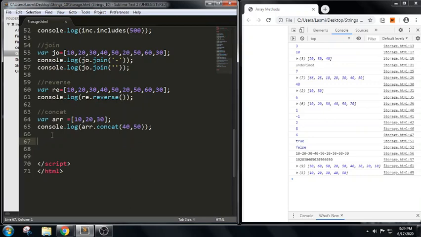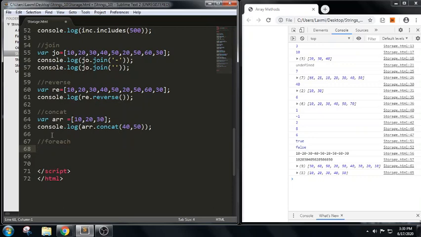Next one is forEach. What is the use of forEach? For example, I want to check each and every value based upon a condition. It will read the data from the array, and it will have a callback function, which has two values, value and index. Based upon this, it will try to match the values.